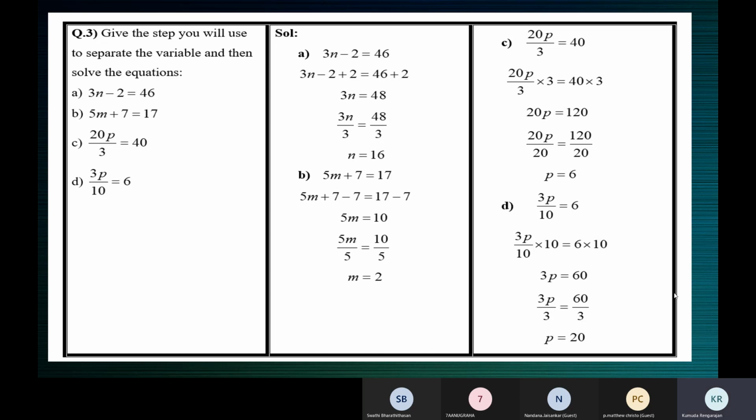So I was asking children how we can do C in one step. In C, we have first multiplied by 3 and then divided by 20. Instead of doing it in 2 steps, how do we simplify that in one step? Ma'am, we should reciprocate. To find the reciprocal, if it is 20 by 3, it can be 3 by 20, ma'am. Put it more clearly, like how do you explain that to me? You got it right, but then you have to explain.